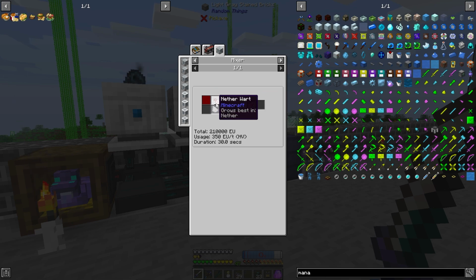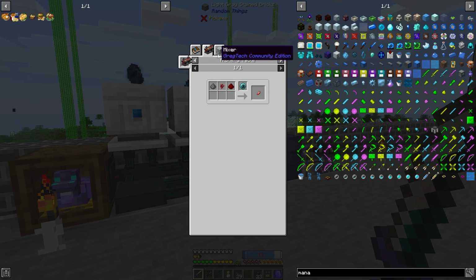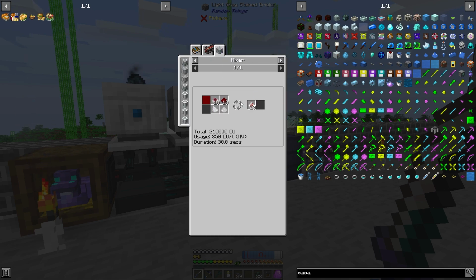And we got nether chickens from a nether dungeon. So I guess I'll 10-10-10 those just so that we're passive nether wart. Yeah, I don't want to do it that way. And we'll just craft these this way. And then once we've